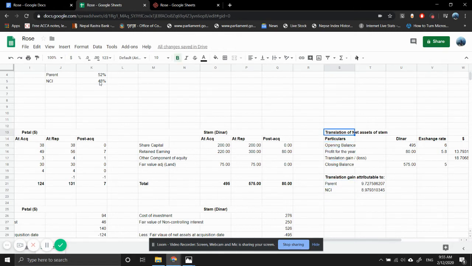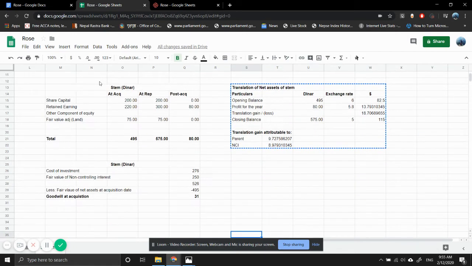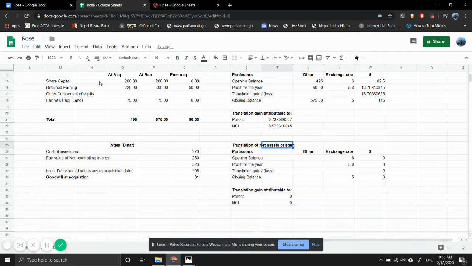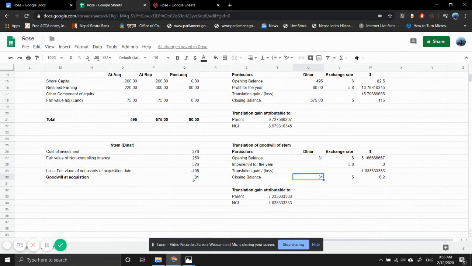So same thing for goodwill as well, we need to translate it. Translation of goodwill of STEM, right? So what was the opening balance? It was 31, and then impairment for the year is nothing, so this will be the sum of all this, right? So it's 13, right? So our gain will be 1.033, so this will be attributed towards